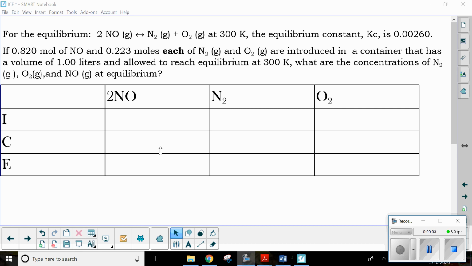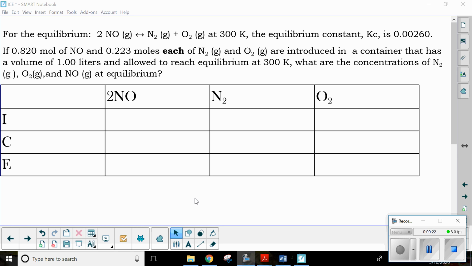All right, folks. So if you stuck with me this far through this ice table stuff, congratulations. This is a tough one. So we are going to do another equilibrium problem. This time it's going to be not so straightforward because we have initial concentrations of all three species in this